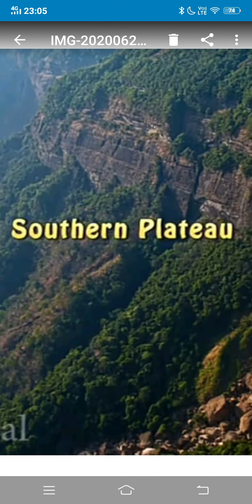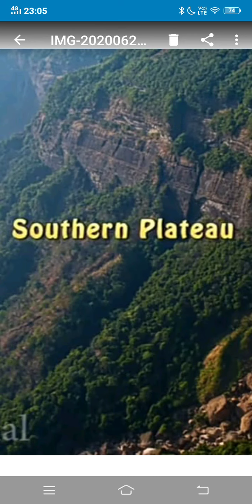Children, in the previous explanation, we have completed three physical features of India. Hope you have all revised, right? So we have the northern mountains towards the northernmost region of India. Towards the south of it, we have the northern plains. Further towards the southwest, we have the Thar Desert, and to the south of the Indo-Gangetic plains, we see the region of the southern plateau, which is also called the peninsular plateau.